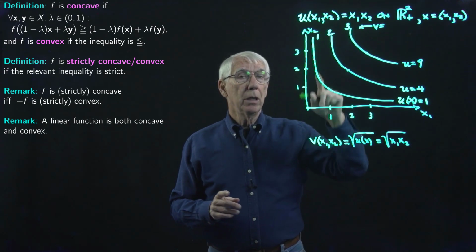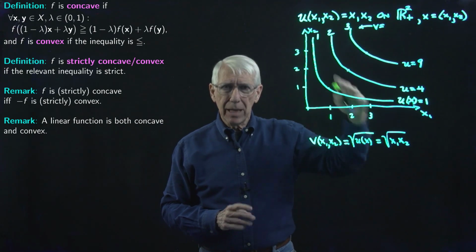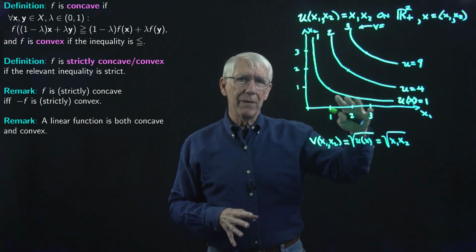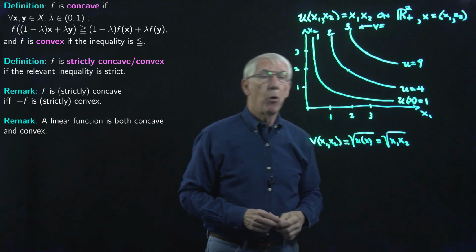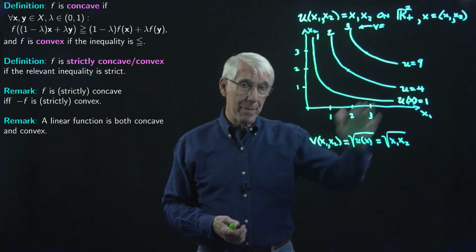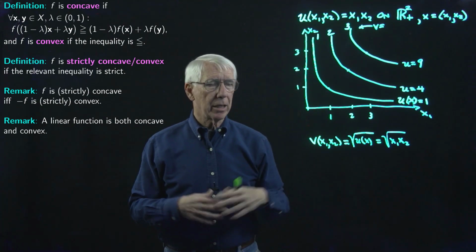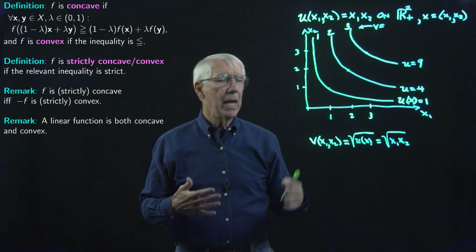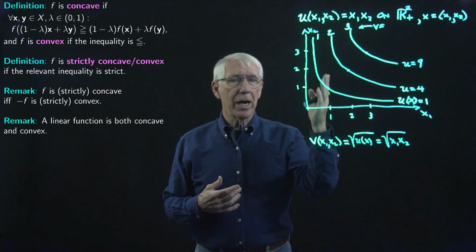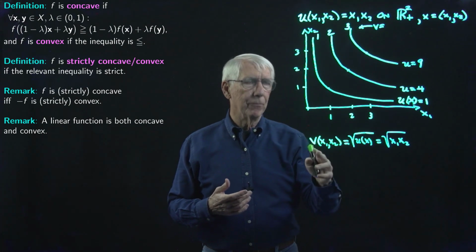And u is not concave, and yet they have the same exact level curves. So from the point of view of the level curves, or if you like, from the point of view of a consumer's preferences and indifference map, these two functions could equally well serve as a utility function to describe this consumer's preferences. You could say, well, wait a minute, the numbers are different for v and u,